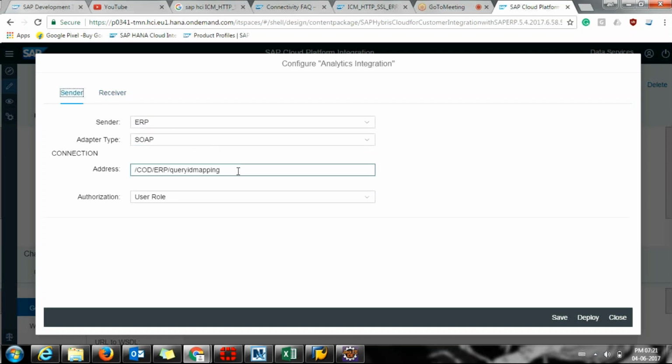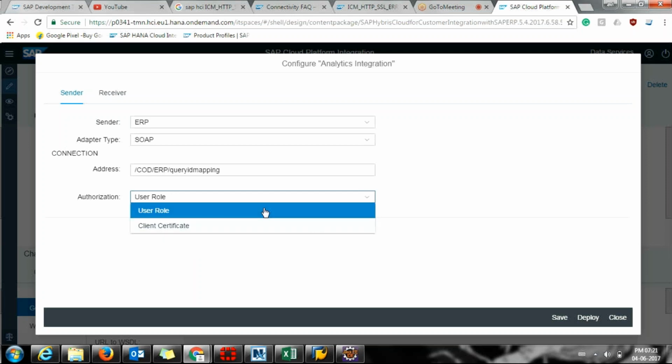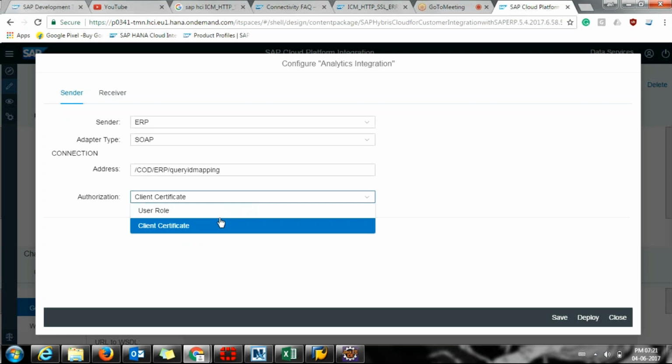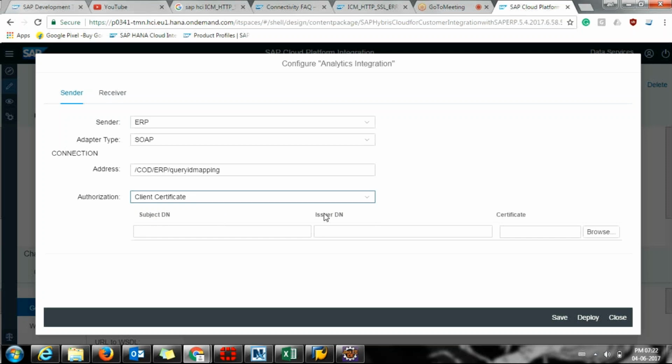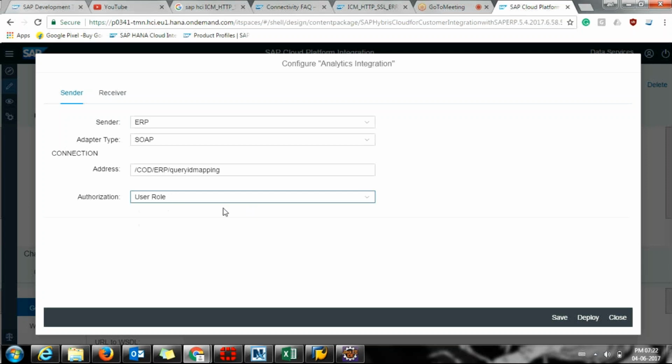Provide the authorization type if it's the user role or if it's a client certificate. So user role means which user ID and password you are logging into the HCI. Okay. And the client certificate we have already configured multiple times, 1,000 times the client certificate. We import the client certificate and we then trigger it from our C4, our this boomerang. Anyway,